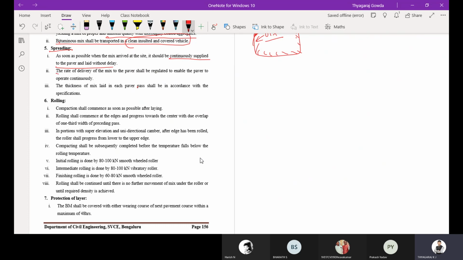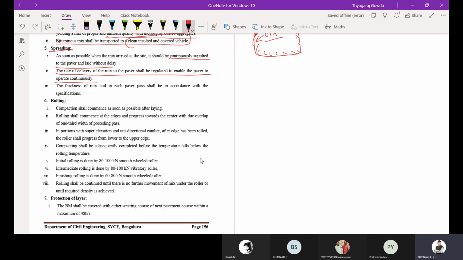The rate of delivery of the mix to the paver shall be regulated to enable the paver to operate continuously. So you should send the mix to the paver in such a way that the paver is continuously operating. There is no idle condition for the paver.